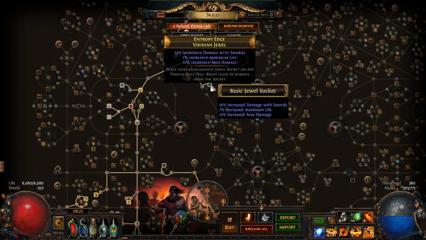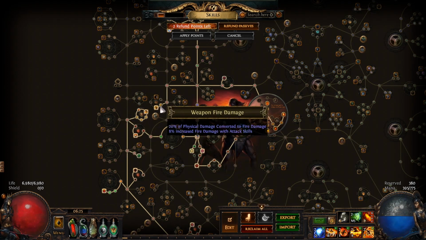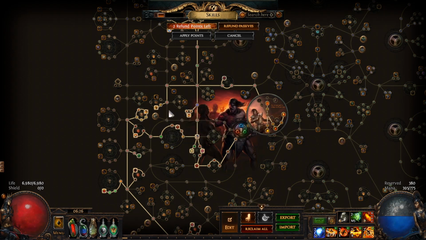Pick up jewel slots as well. You just want to focus on damage and life. Jewel slots as usual. You don't need anything special there. Make sure you go in here and grab these 2 nodes that were just added in this patch. That'll give you the rest of the 40% physical to fire conversion you need to make your Tectonic Slam 100%